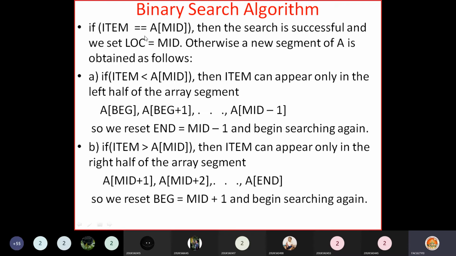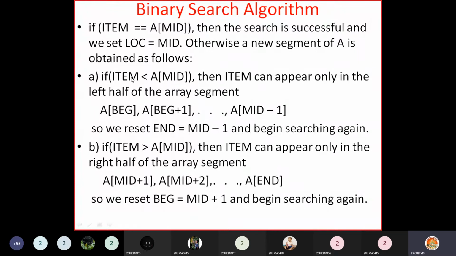Okay, that means your item to be searched is not the middle element. So then the element may be present either in the left half of the array, or in the right half of the array. In which half it is present, you can identify by using this condition. If your item to be searched is less than a of mid, meaning the item to be searched is less than the middle element,